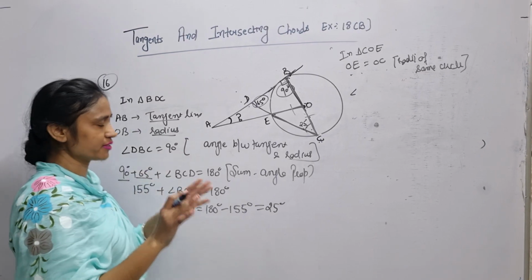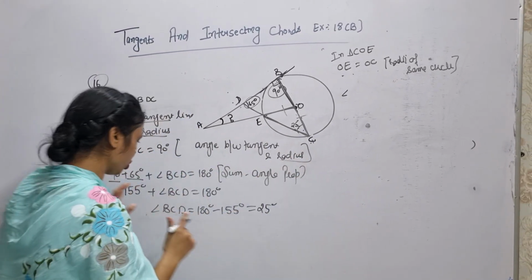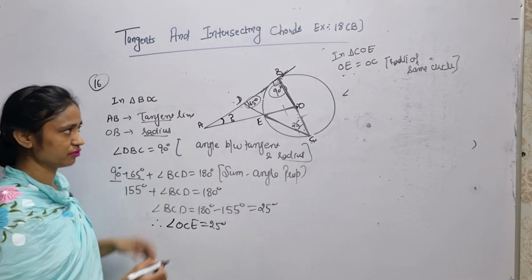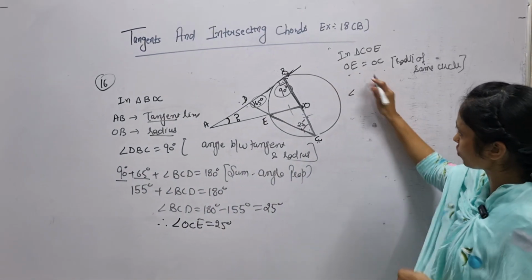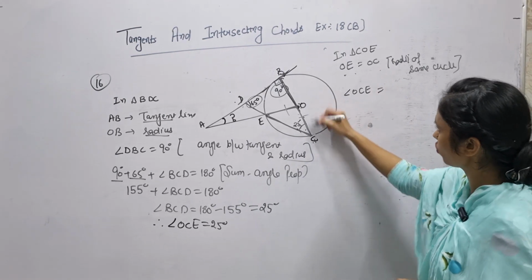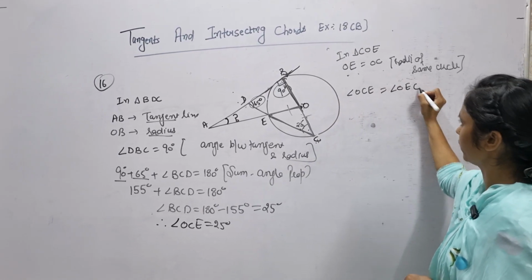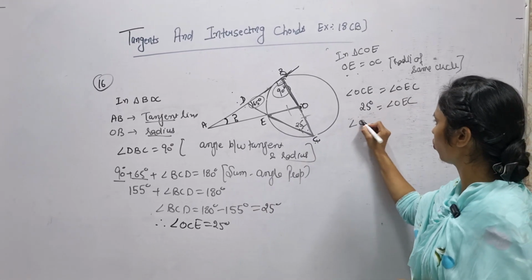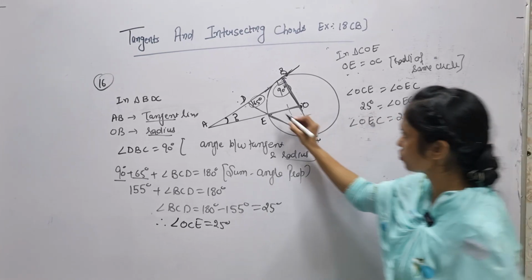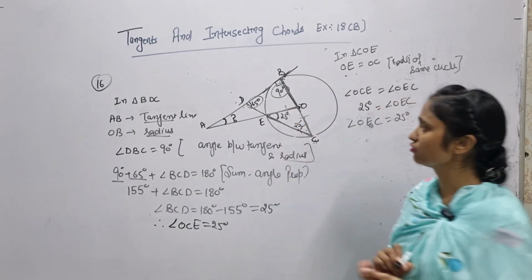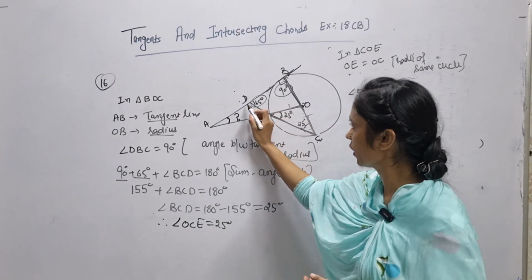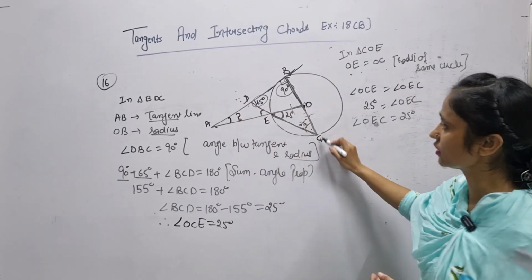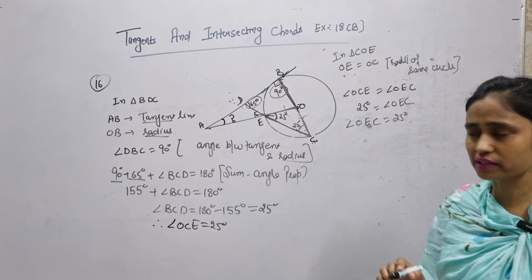OCE. Okay, extend the lines a little or reduce them a little, it makes no difference to the measurement of the angle. Therefore you can write OCE is equal to 25 degrees itself. So what is the opposite angle of OE? OCE. And what is opposite to OC? OEC. OCE we have calculated as 25 degrees, so angle OEC is equal to 25 degrees. So this angle is its vertically opposite angle. Angle AED will be equal to OEC.